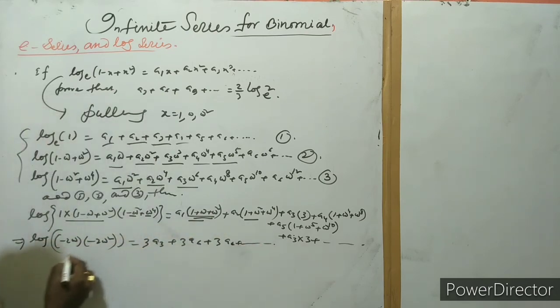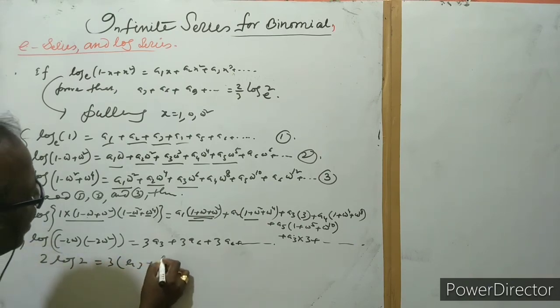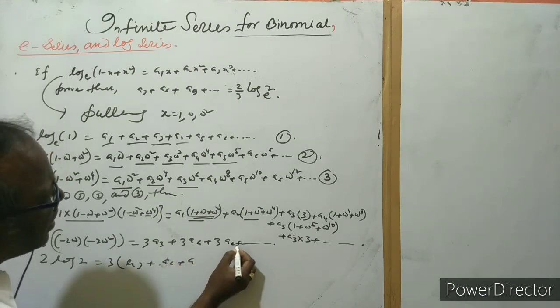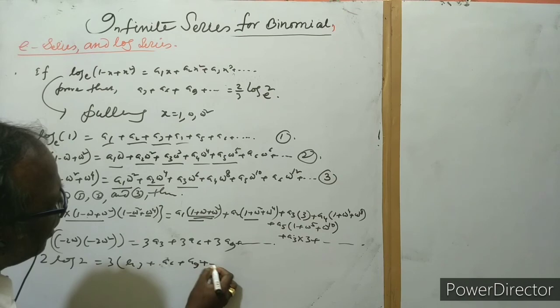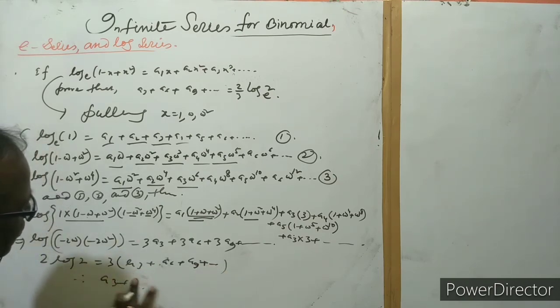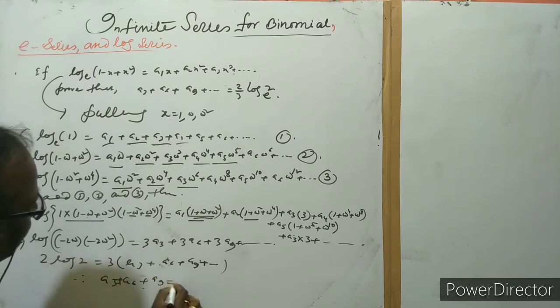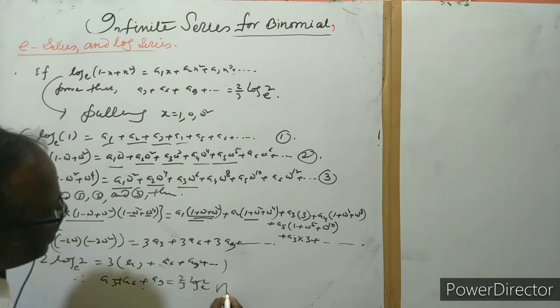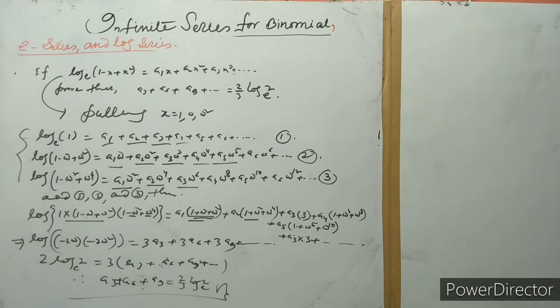Okay, now see, this is 2 square, so take a common 3, this is a3 and this is here a6 and a9 are left. So therefore we can write here a3, a6, a9 is equal to 2 by 3 log 2 to the power z here. Okay, this is your answer, and this is a very good question. See carefully. Okay.